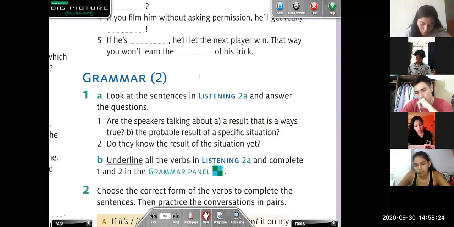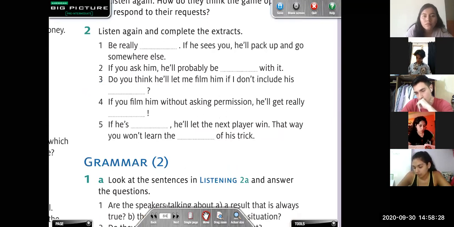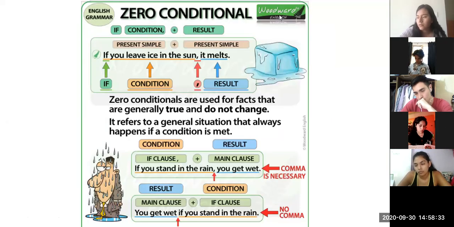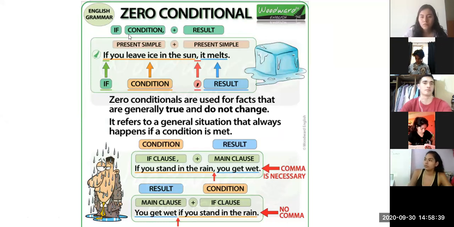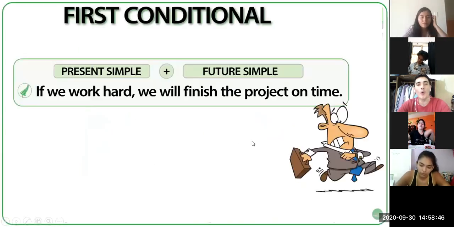In this part, these kinds of conditionals with will are called the first conditional, okay? Let's learn a little bit about the first conditional. Remember that in the zero conditional, we have the present simple and the present simple, right? And in the first conditional, we have something different.